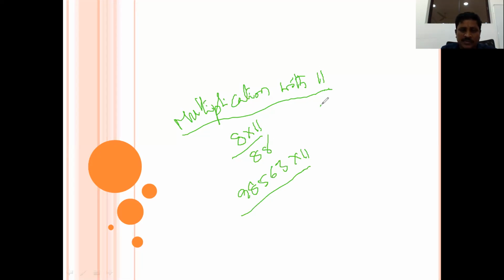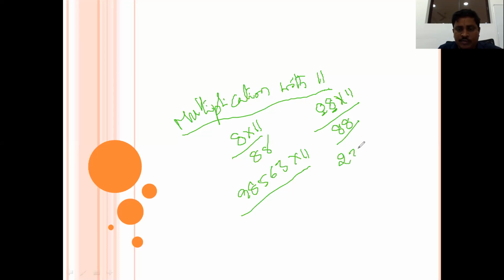So now here 8 into 11, 88. How to multiply in a shortcut way? Here we see that it is very simple. 8 into 11. Generally you know that value, 88. But how to multiply in a shortcut way? We write the last, rightmost digit 8 as it is. We place 0 to the left of this number already. Now we move to the next digit, which is 0. 0 plus right side value 8. 0 plus 8 is 8. 88, we get that.